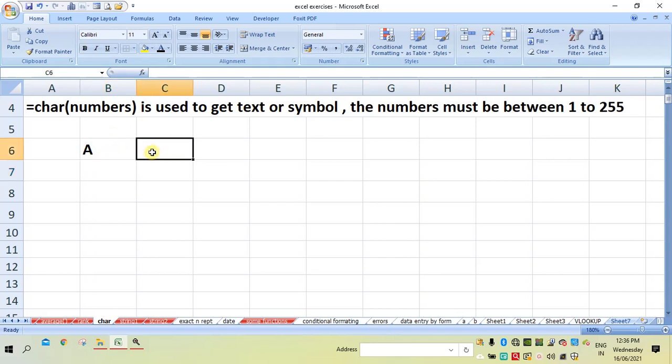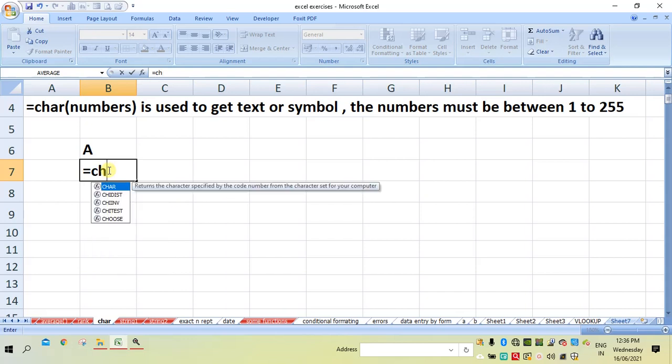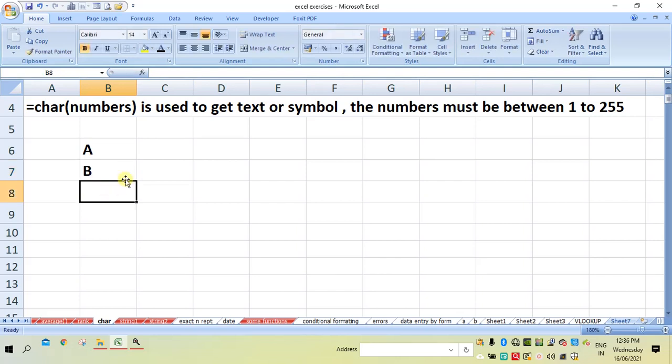Similarly, to get B, I will write equals char, in brackets 66, so I'll get B. This way I can get A, B, C, D as well as different types of symbols by using the char function.